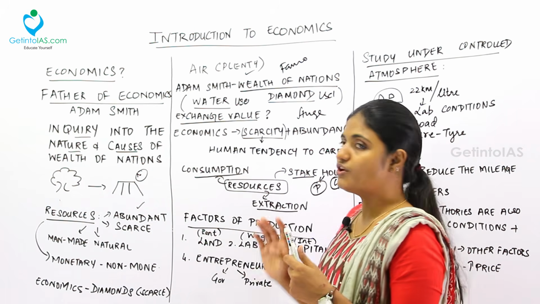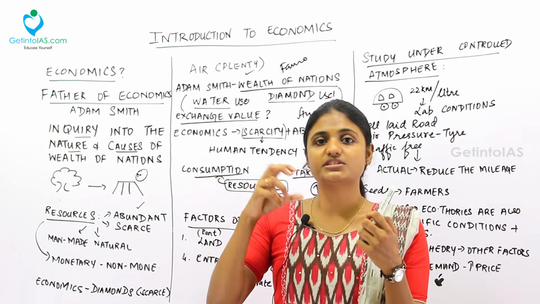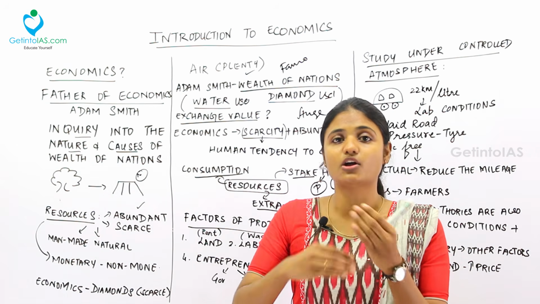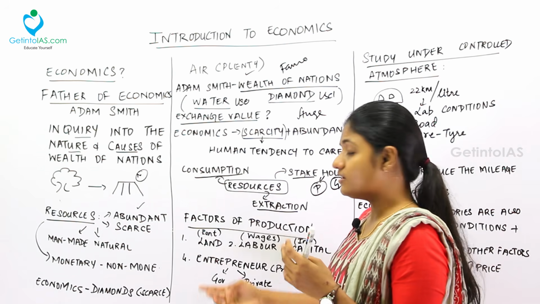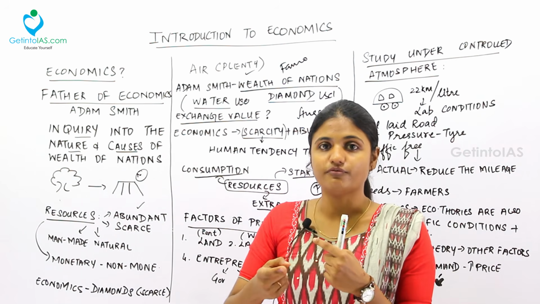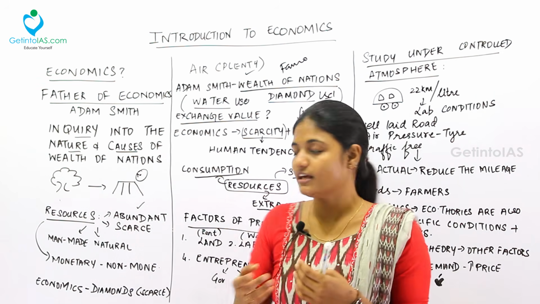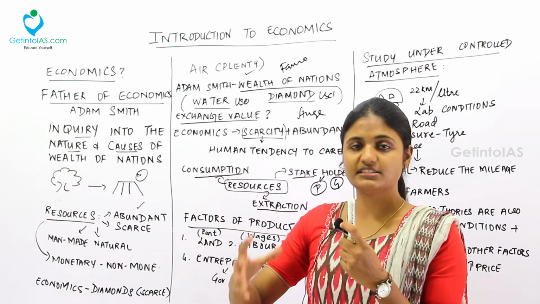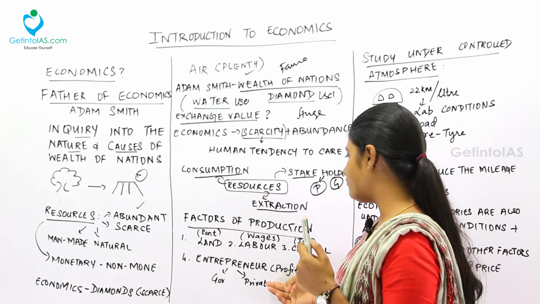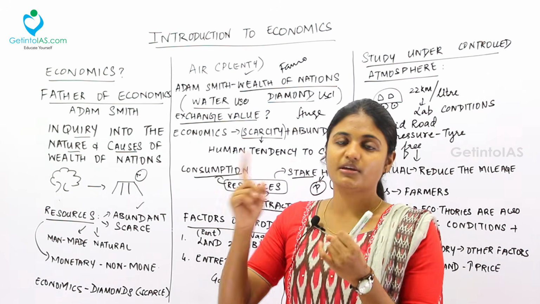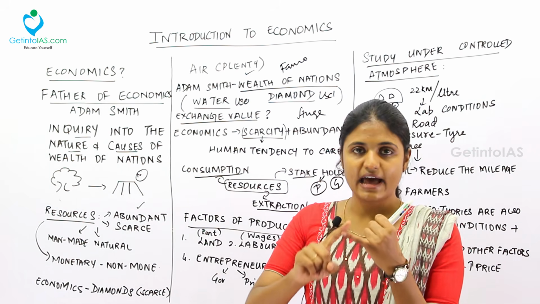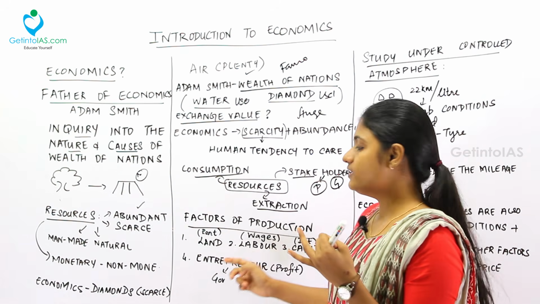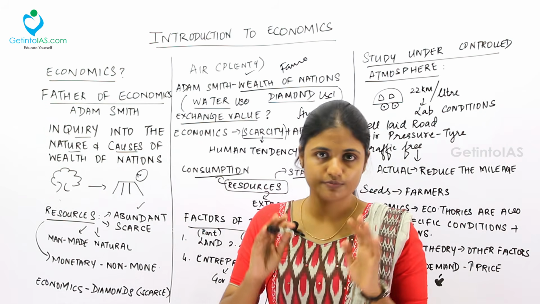And the last thing is entrepreneur. Entrepreneur is someone who is involved in the business. He'll give a lot of business ideas, content writing for the business. So the entrepreneur tends to make more profit. So his work is profit making. This entrepreneur may be government or private. Fine. So these are all the factors of production. So land, labor, capital and entrepreneur come under factors of production.